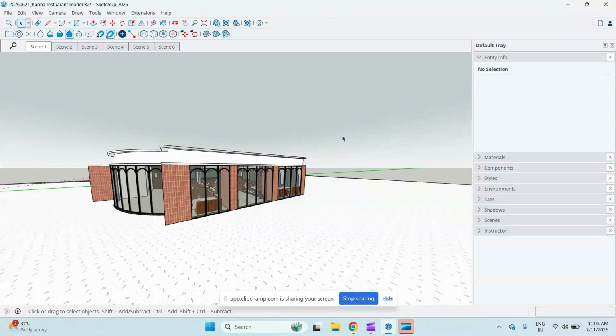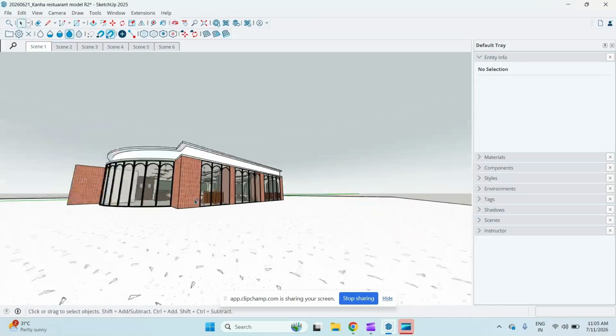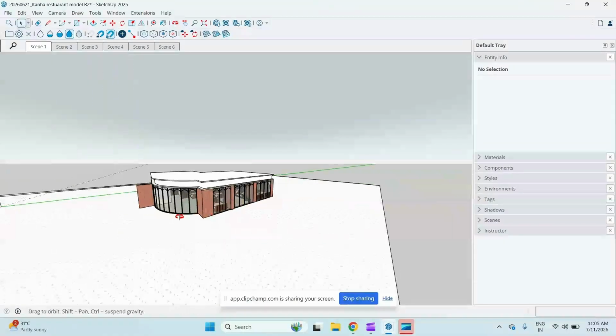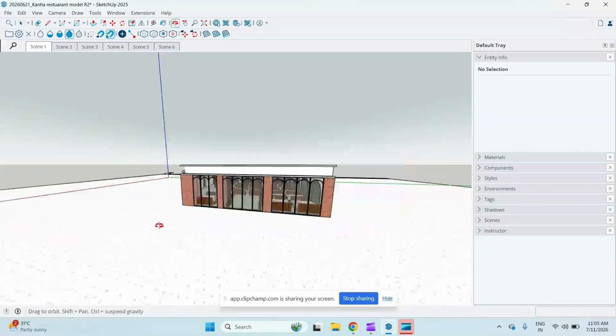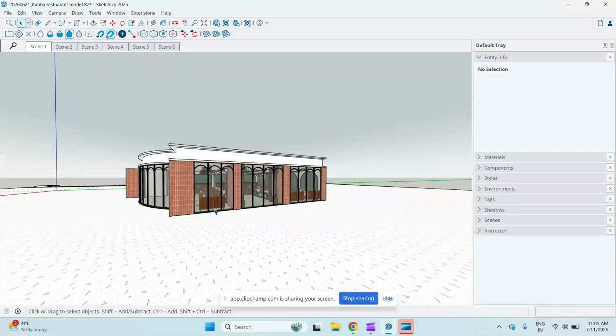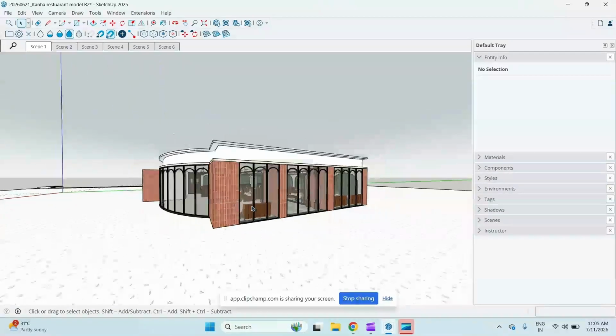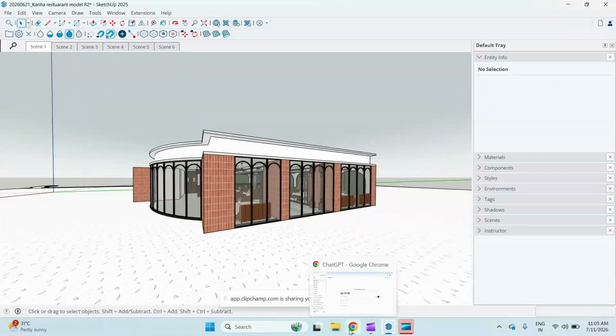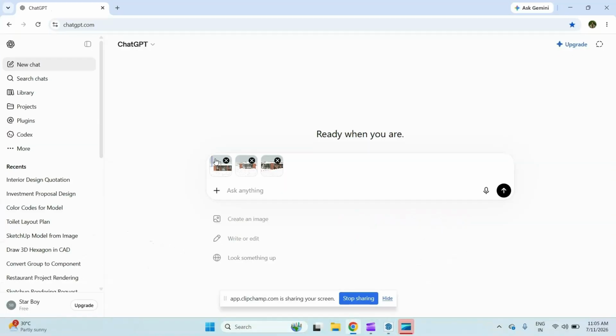If I follow the general pattern, where I go to AutoCAD and draft the whole elevation, it would take me hours. So today I'm going to teach you how we can do this very simply and very easily, just using ChatGPT. So basically I have uploaded the images